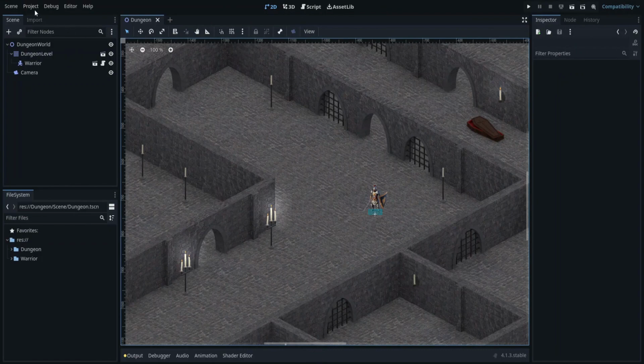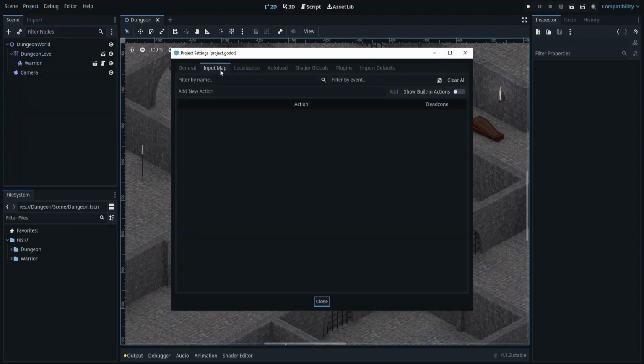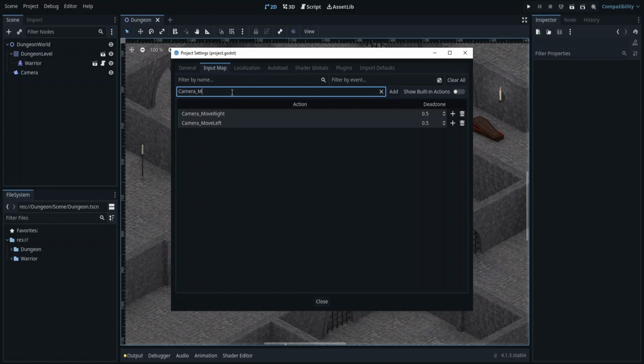Go to the Project menu, found in the top menu bar, and select Project Settings. In the new window, go to the Input Map tab, and add all the actions your game requires. Godot's input system is easy to understand. The project's input map defines specific keys and buttons for each action, and actions are subsequently connected to the logic